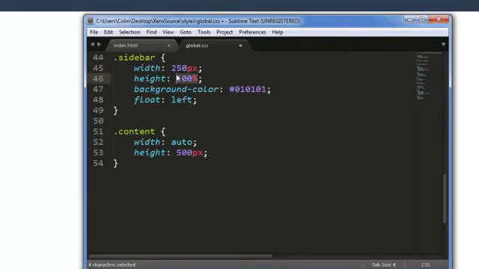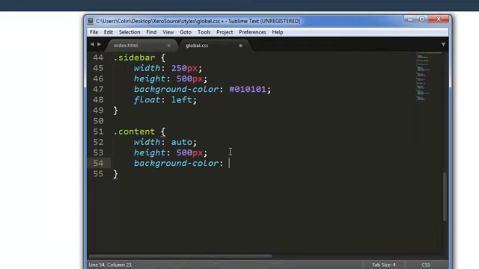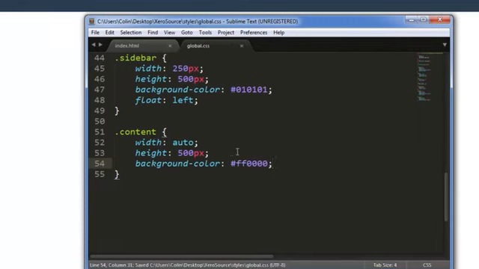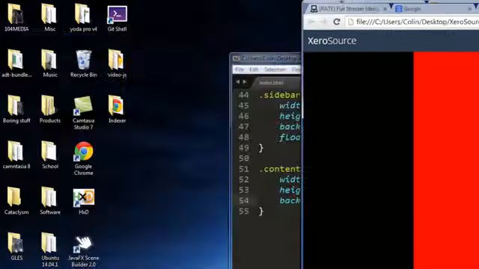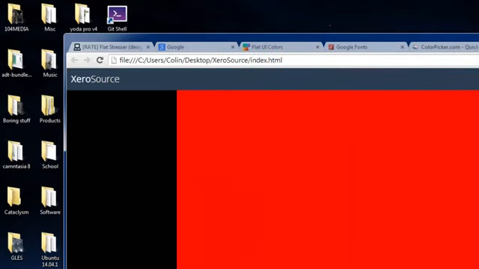So on the sidebar as well, 500 pixels like that, and then a background color. As I said, I just use random colors, so that's red, and there you go. So now these are next to each other, and when we resize, they stay relevant to each other,